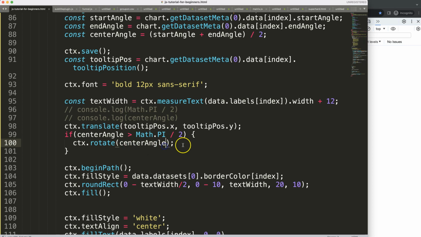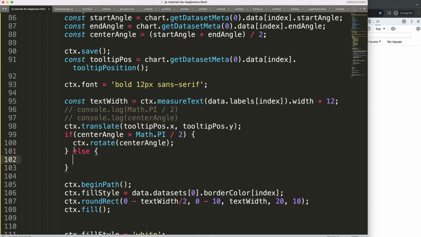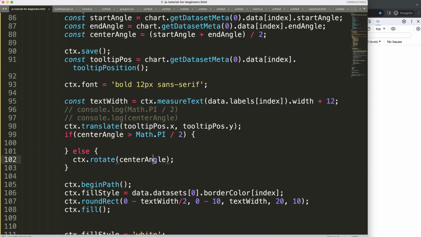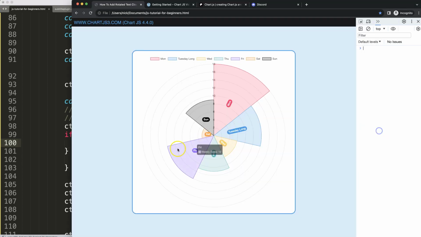I guess this one here needs to be calculated. So let's say else, I'm going to cut out this, should be here. Let's save that, refresh. There we are. So this works. You can see here halfway here, and then here it understands that this has a different rotation position, or it's past that quarter of this segment here. So what I want to do here is rotate that in a different direction, or give it an additional pi, because 1 pi is a half circle,